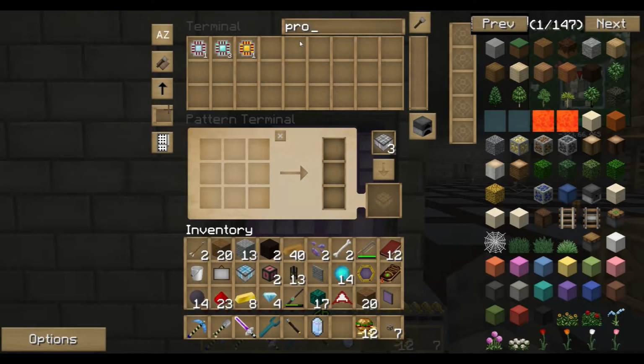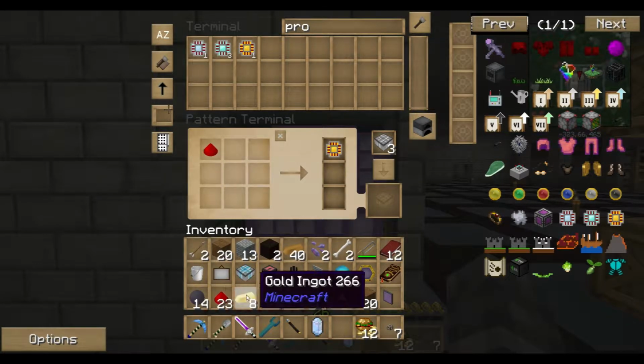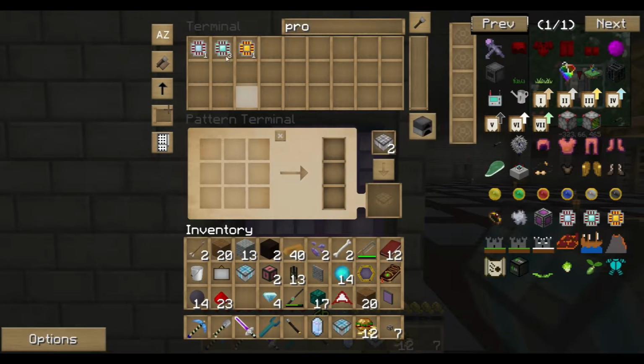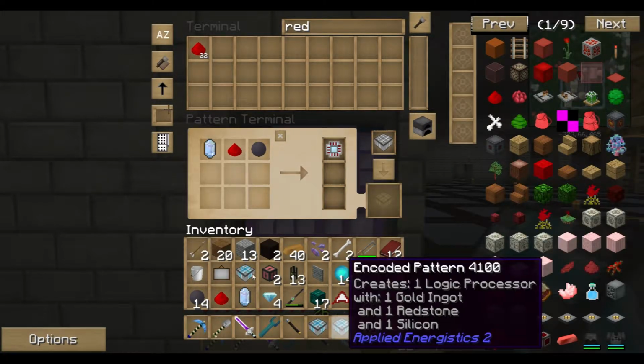Okay, and then we need the 3 processors. This one is made with a redstone, a gold, and a silicon in code. And the gold can go in there. The second one, calculation processor, is made with quartz, redstone, oops, 1 redstone, no, 1 redstone, and one silicon. You silly thing. In code. And number 3,